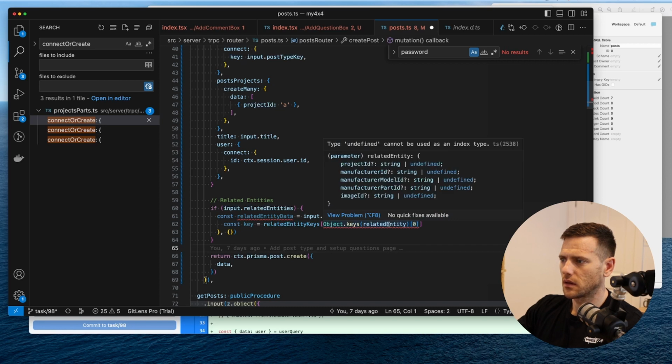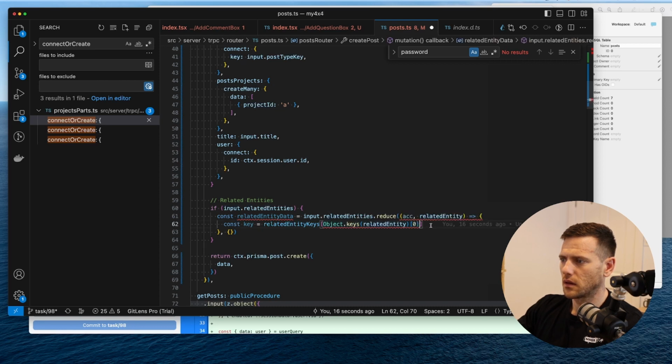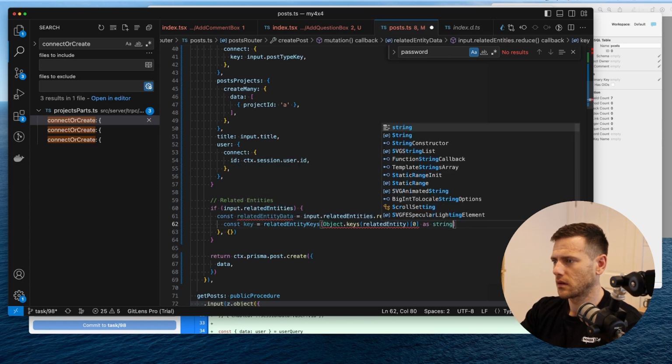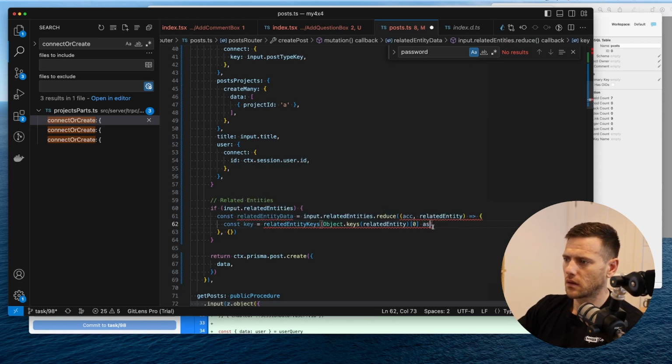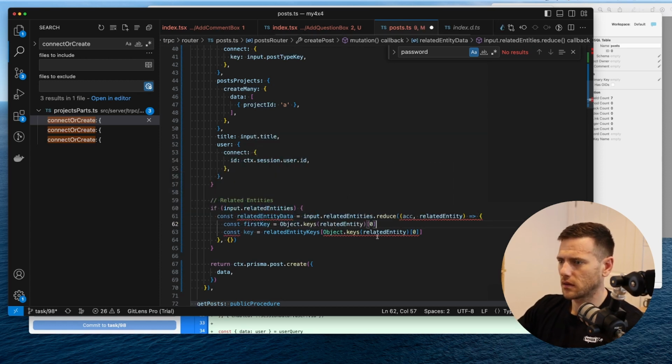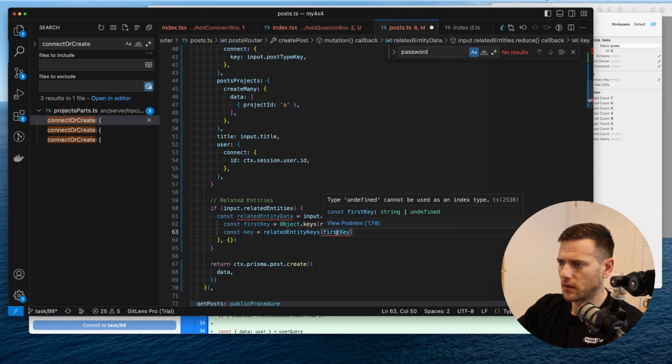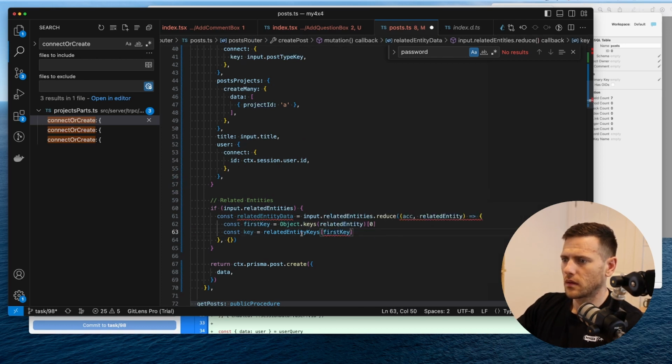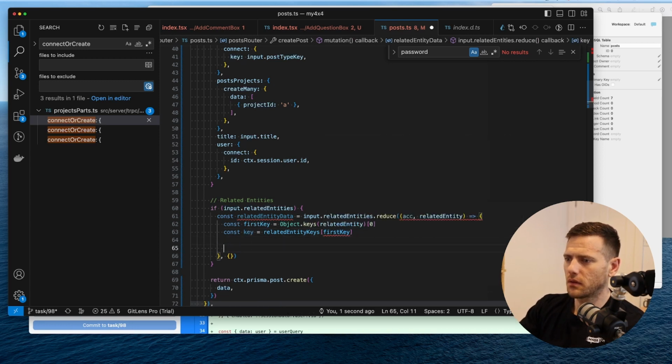Object.keys, and this will be as string. So we're going to say const first key is equal to, yes. Cool, and then we're going to have the key. So this is going to be the key in the object. And then we're going to say if